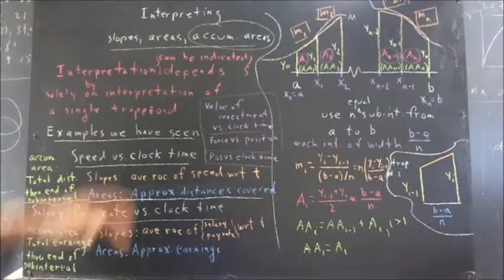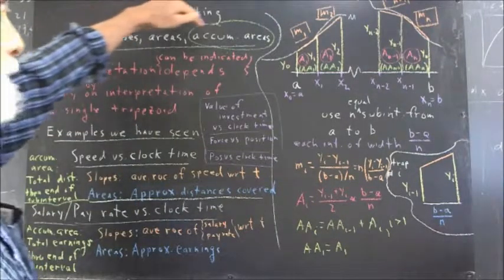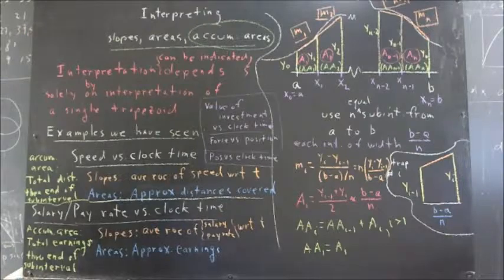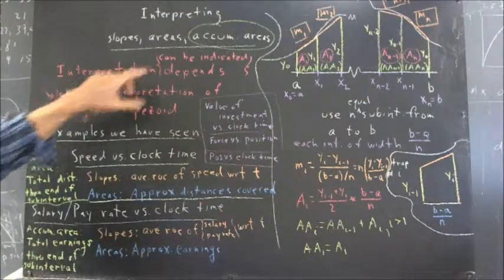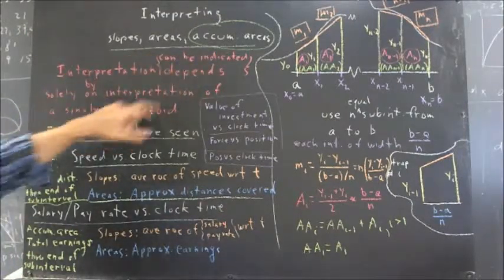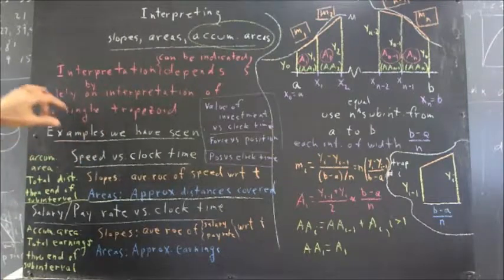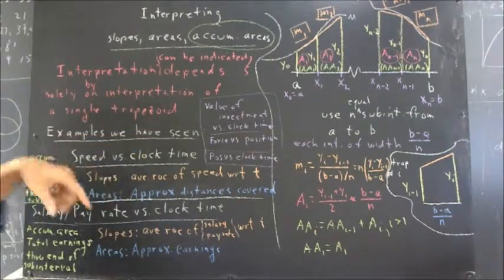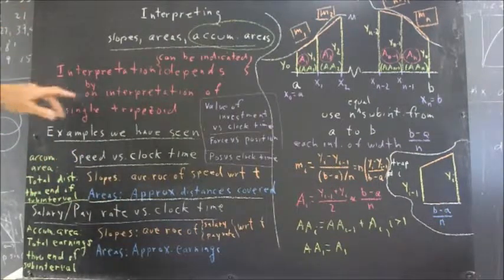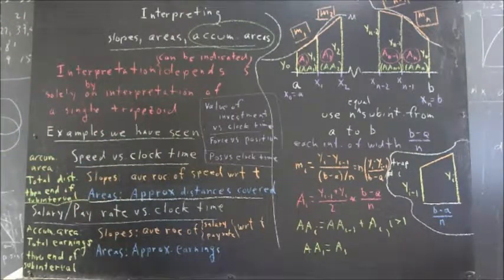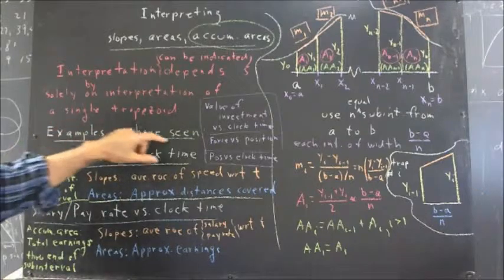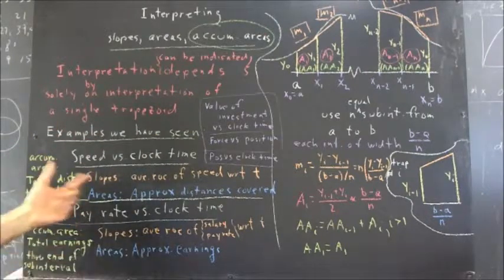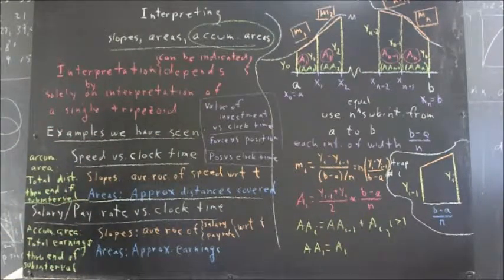Okay, we want to briefly look at interpretation of slopes, areas, and accumulated areas. Say that interpretation can be indicated by, or depends solely on, the interpretation of a single trapezoid. So, examples we've seen: if you have speed versus clock time, then the slope of an individual trapezoid represents the average